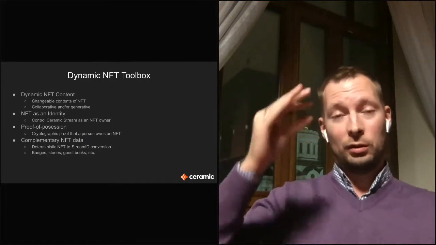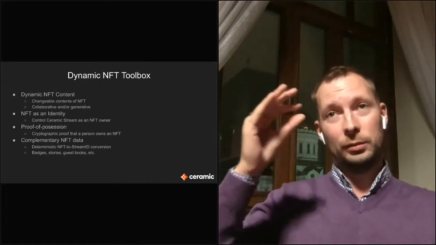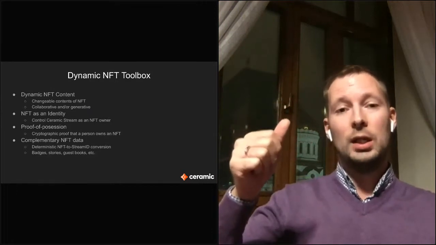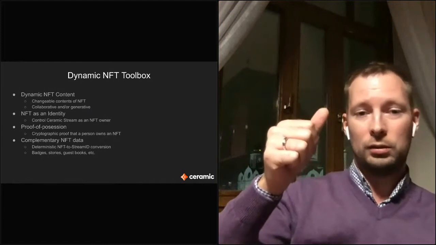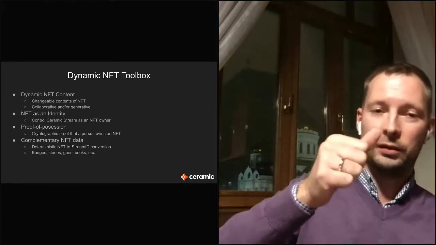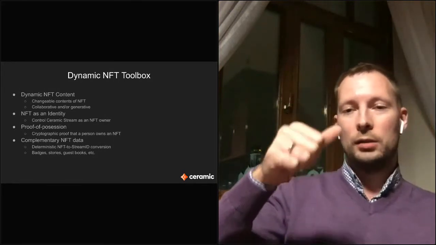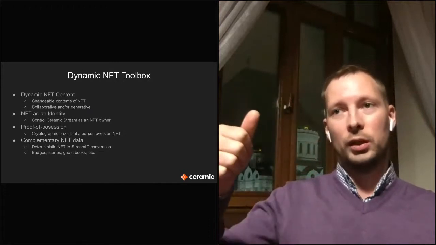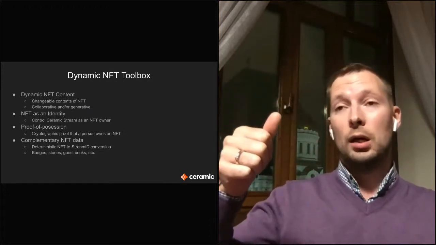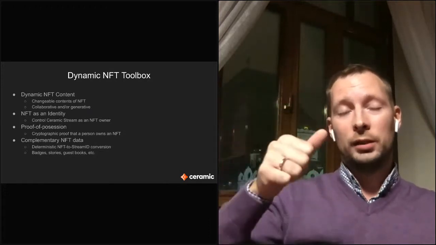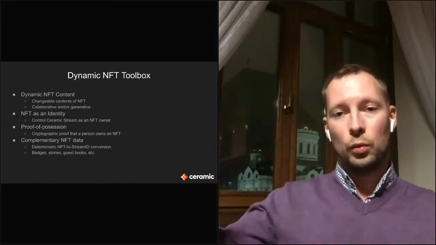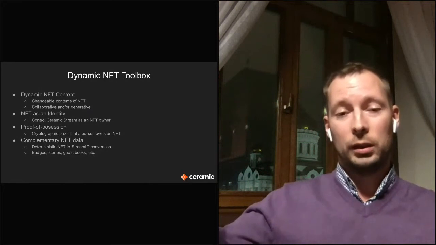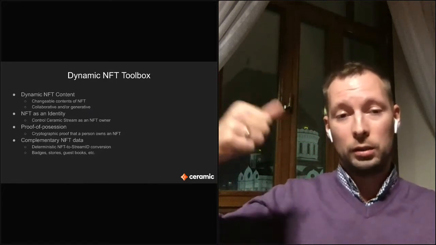So you own a CryptoPunk at a specific point in time. All right, you have rights to write into the stream. Then you transfer the punk to, say, your friend. Then the rights to write to the stream go with the punk, and your friend now can update that